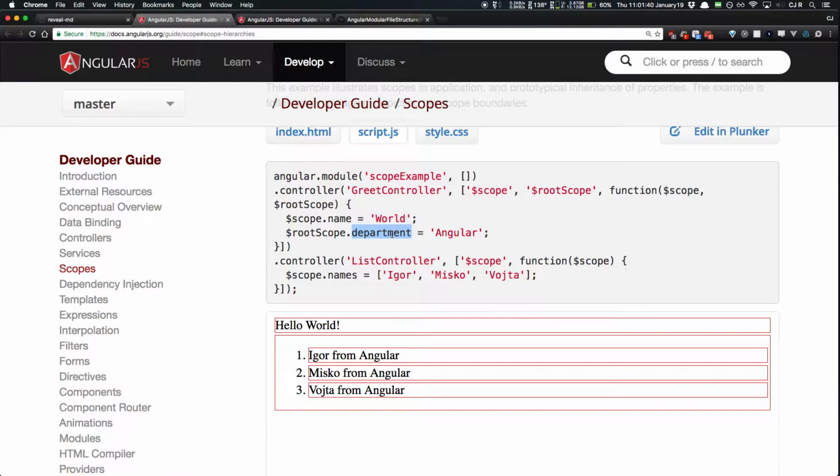So if they didn't put root scope dot department Angular on, like if they didn't put Angular on root scope in